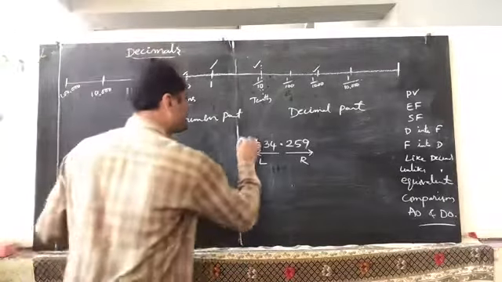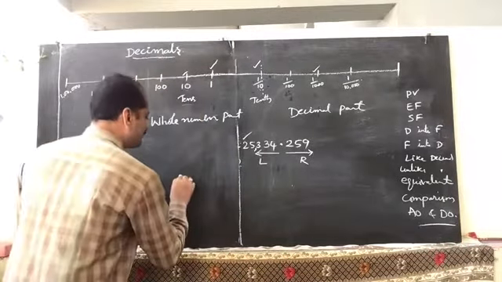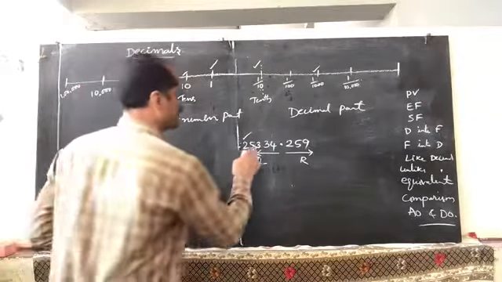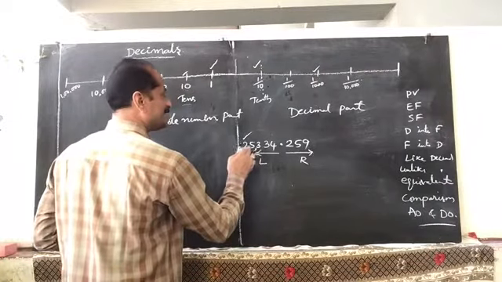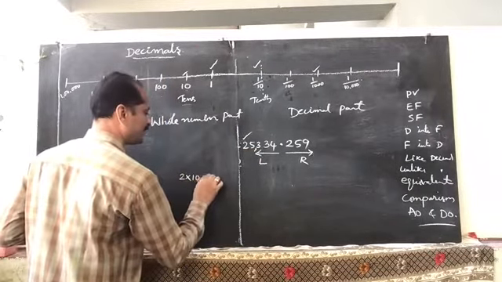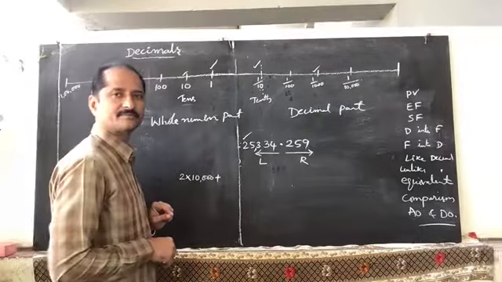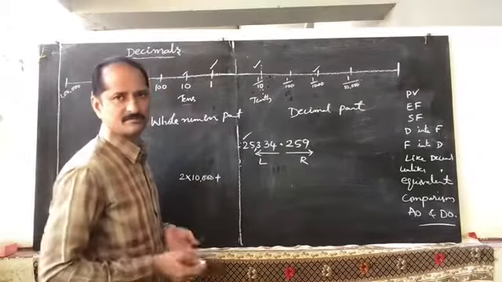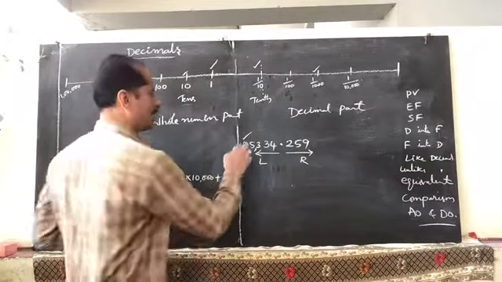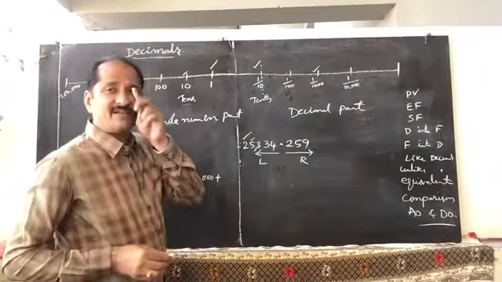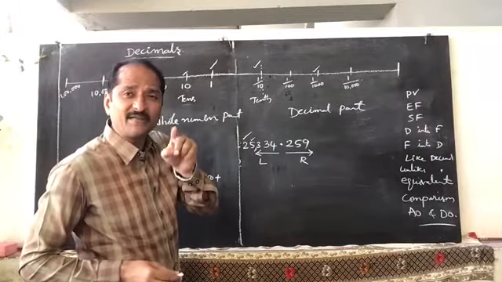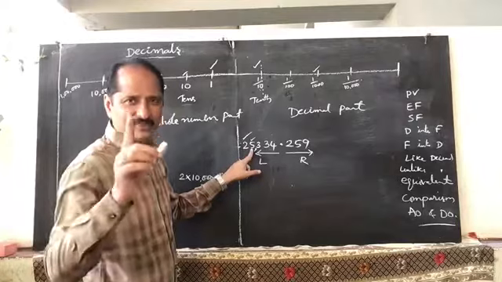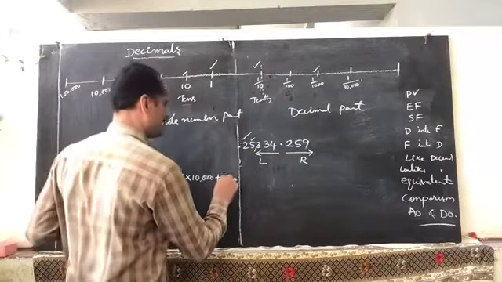What is the place value of 2? Place value of 2 is equal to 2 into its place. 2 is in which place? Units period, thousands period. In the thousands period, it is in the 10,000 place. So 2 into 10,000 is 20,000. Now the place value of 5. The digit itself is the face value. Face value into its place. Face value of 5 is 5, into its place 1,000. So 5 into 1,000 gives 5,000.